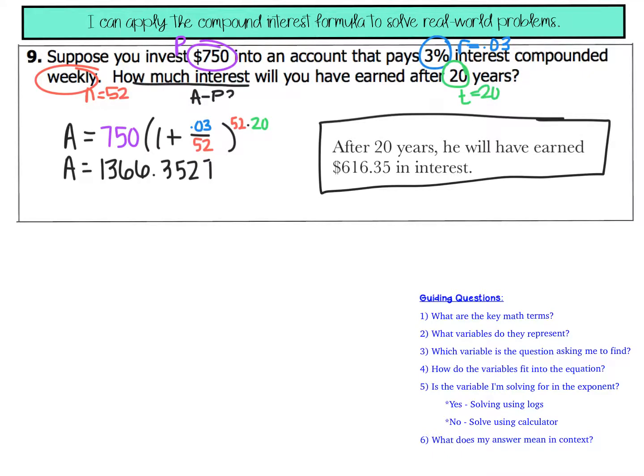All right, so this is like the previous one in that it was asking how much interest will you earn. So I have to take into account the balance minus whatever I invested. So my principal is $750. It's an interest rate of 0.03. It's compounded weekly, which there's 52 weeks in a year. So after 20 years, when I plug everything in, I should have